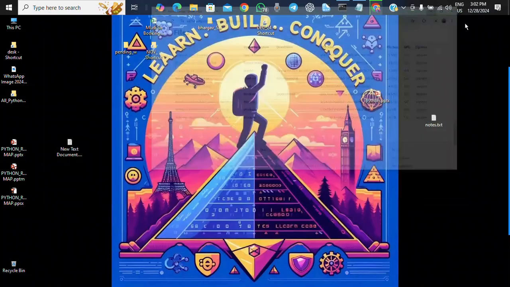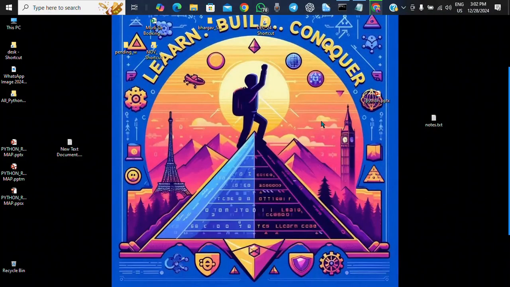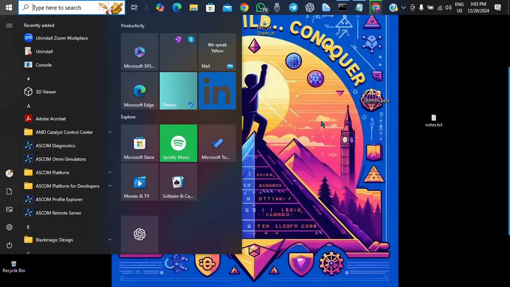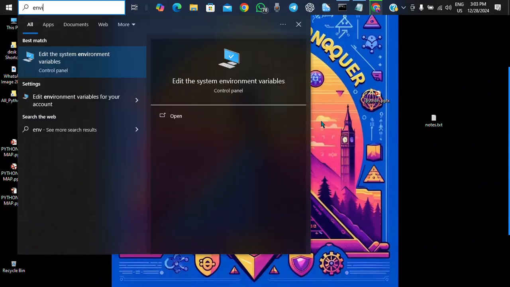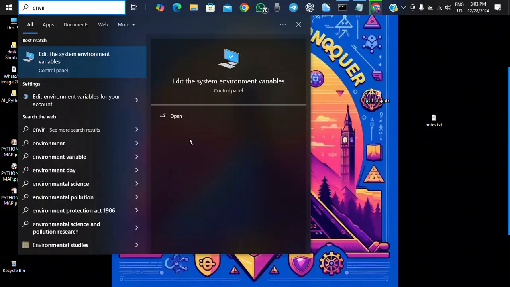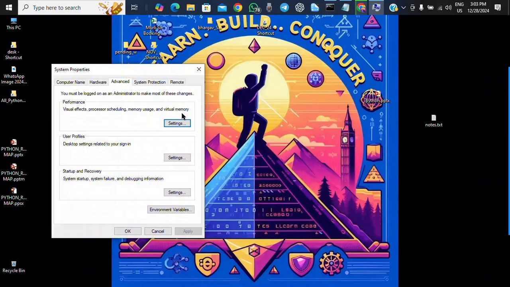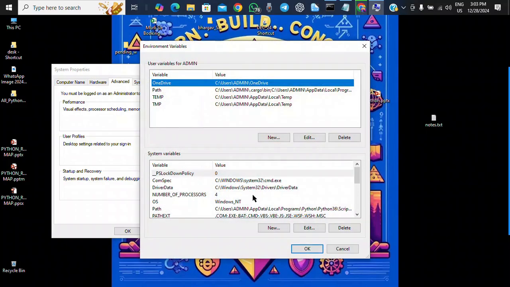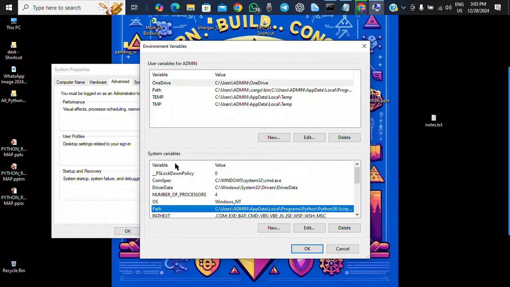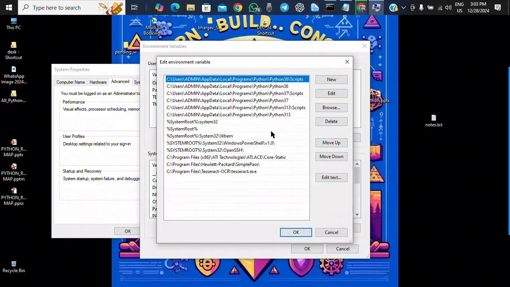Okay, before downloading this one, I want to show you something. Before, we already installed one version of Python, and again we are trying to install one more version. So how to switch? We have to go first to the system environment variables. It will redirect to System Properties, Advanced. Then go to Environment Variables, then Path in the system variables, then Edit. Here you can find